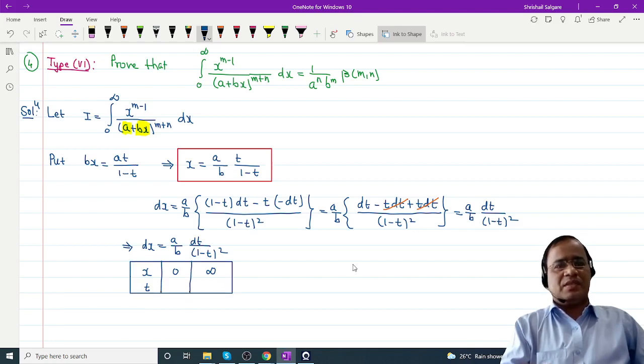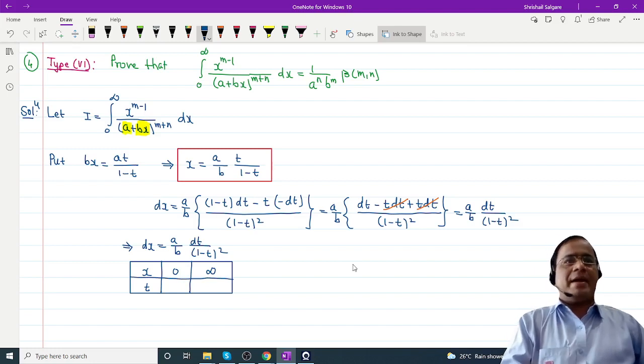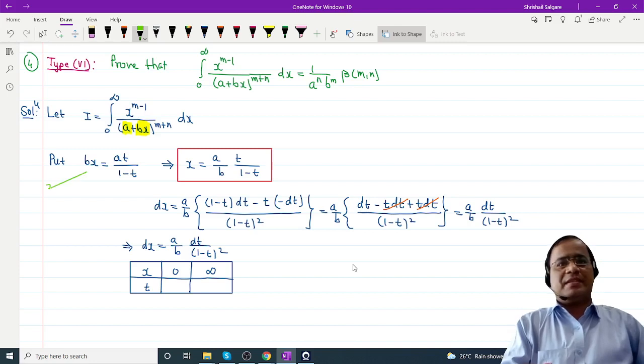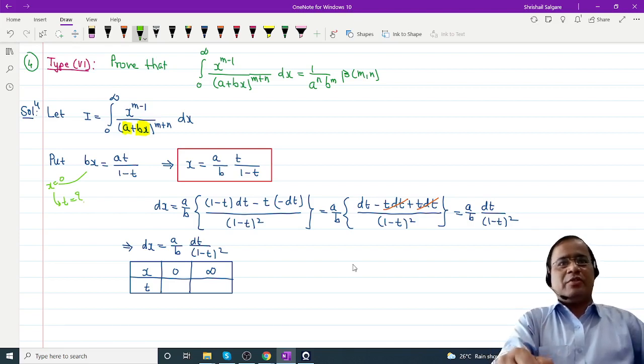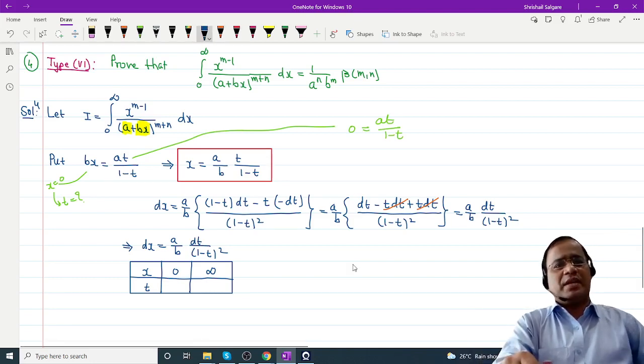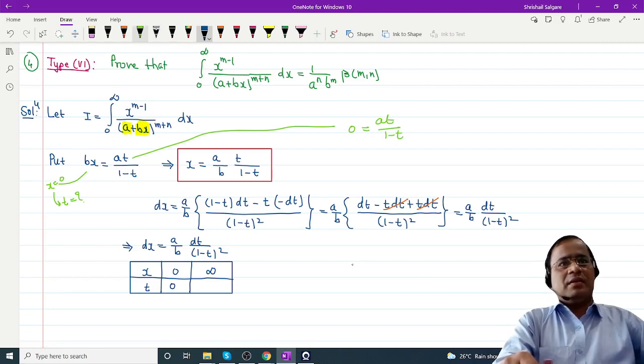Yes, someone is completed. Here I will write down that part. So in this substitution, if you put x is equal to 0, then what is t? That is my question. 0. Obviously, okay. Now you go in the reverse way. Now when you substitute x is equal to 0, this will simplify as 0 is equal to at divided by 1 minus t. Now you simplify this equation, t, you will get 0. Okay. Now next one, when you substitute x is equal to infinity, that left side becomes infinity, then what is t?